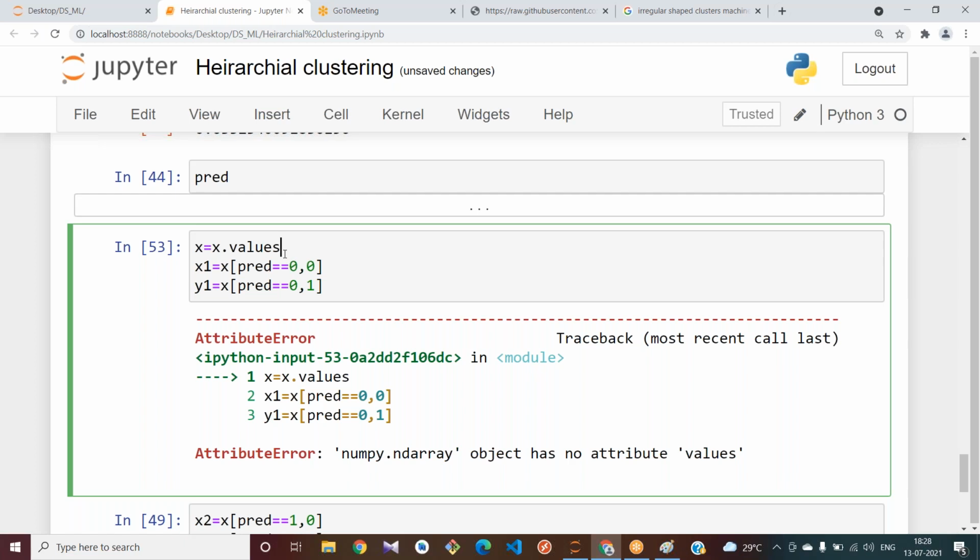We have the method called values, no? X dot values, X dot columns we have. Why am I getting an error here? What is the mistake I have done? Okay, wait. Somewhere I have made a mistake.